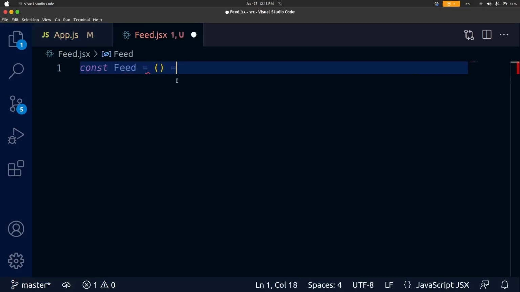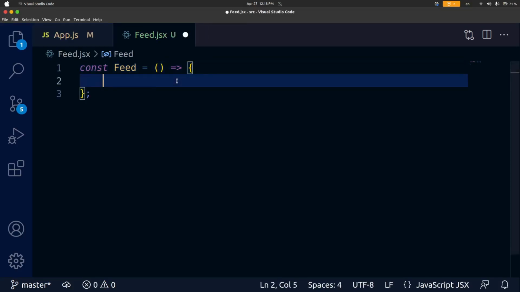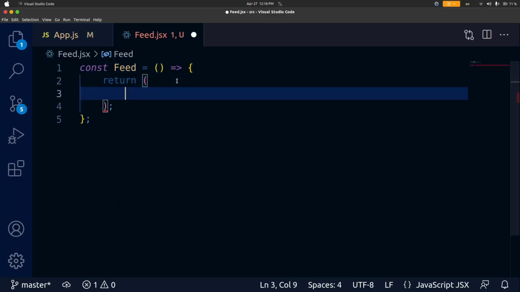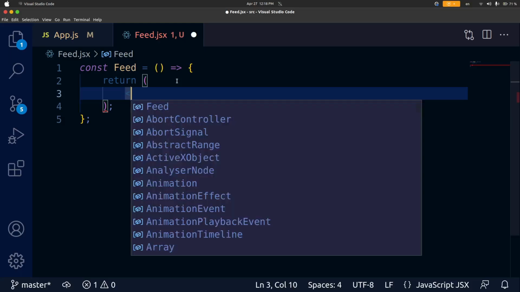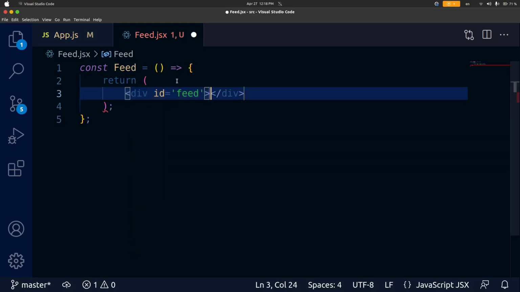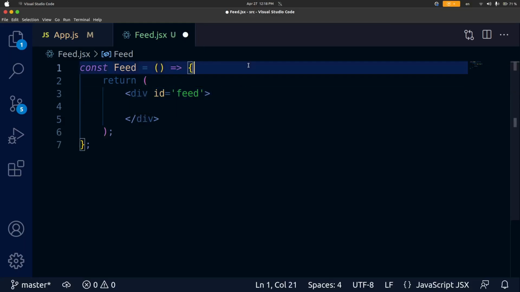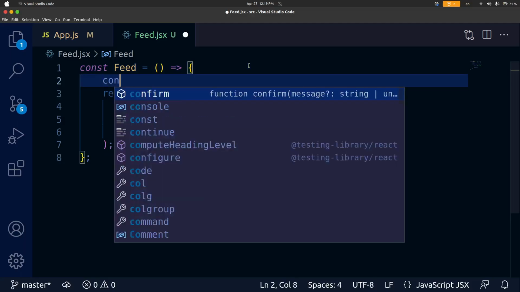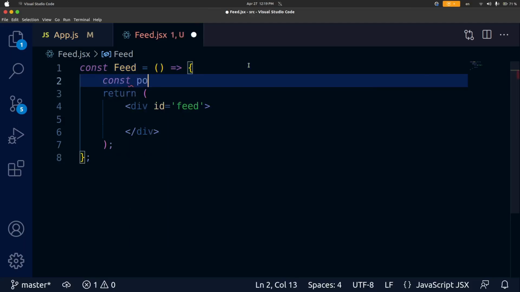So that's going to be, again, an arrow function. I'm going to open that up and return some basic markup. So let's open up the return statement, and we are going to return first a div with an ID of feed. We're going to close that up. And then up here inside of the feed component, outside of the return statement, we're going to create an array of posts. So it's going to be const posts equals an array,